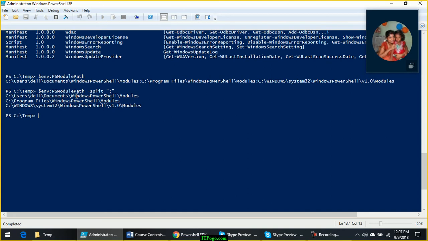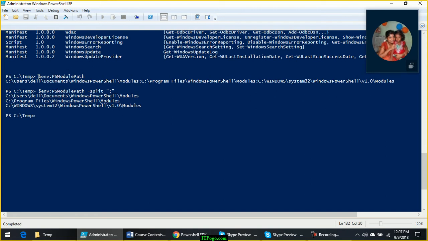What the third-party software will do is add one more path, its own path, C:\Program Files\Citrix\Modules. I'm just giving an example. Suppose you are installing Azure PowerShell, it will add one more folder in this variable, like C:\Program Files\Azure PowerShell\Modules.